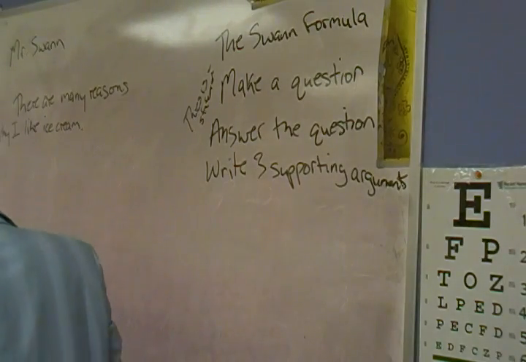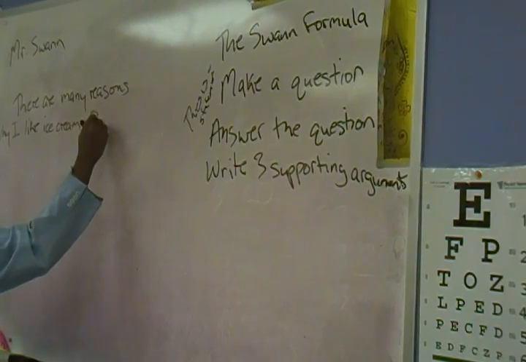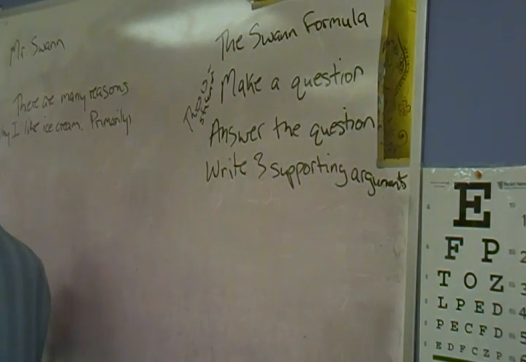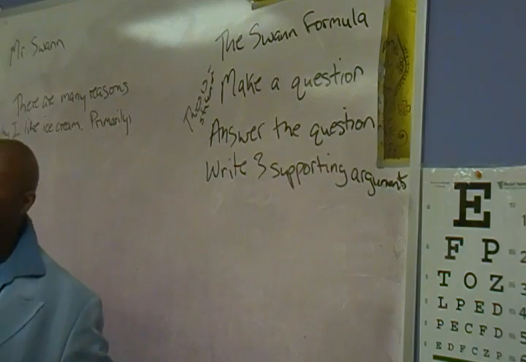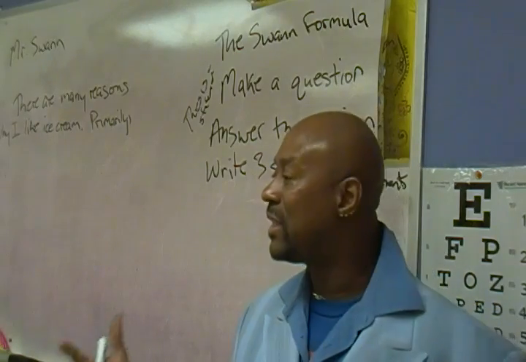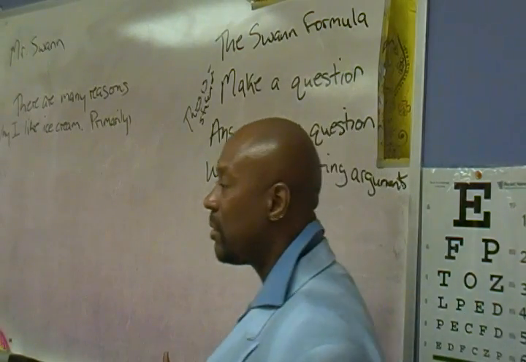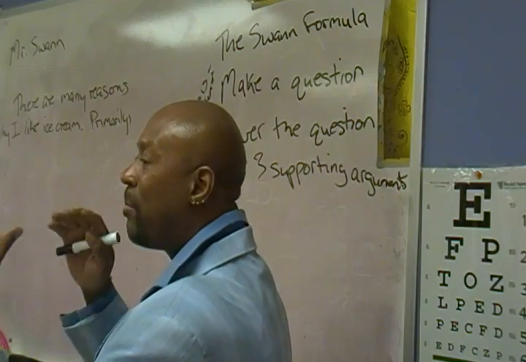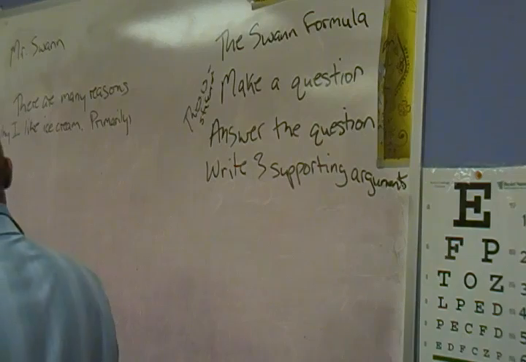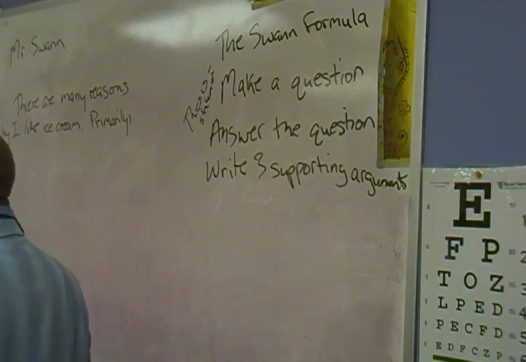All right? So look, three supporting arguments. I'm going to write that for you right now. There are several reasons why I like ice cream. Primarily, now look guys, I'm saying primarily. Primarily just means first. Remember when I told you guys, until you get a little style going, you want to say, the first reason is this, the second reason is this, the third reason is this. And that's all right, because that's going to make your essay perfect. You got focus, all right? With me, since I'm a little more advanced, I'm going to use different words than first and second, all right? So I'm going to say primarily,